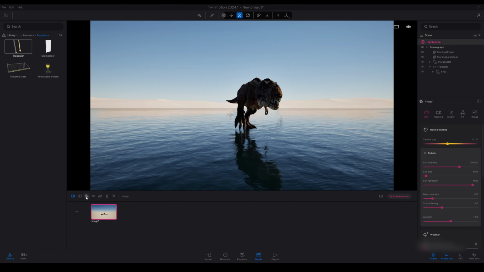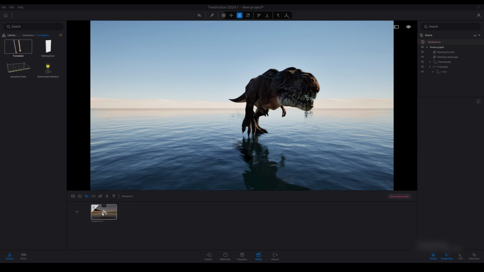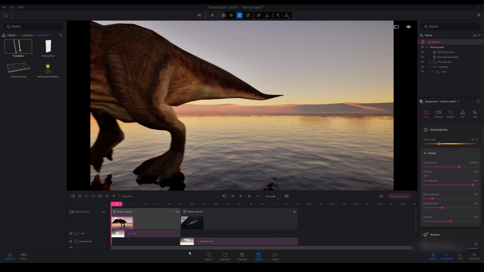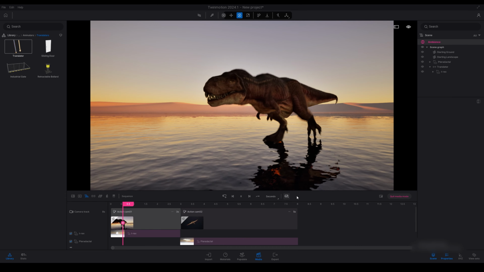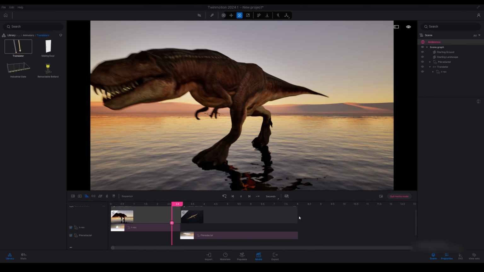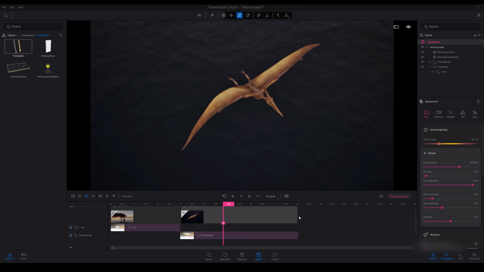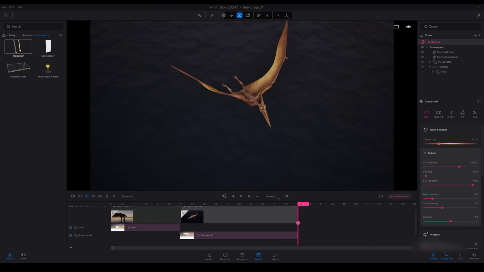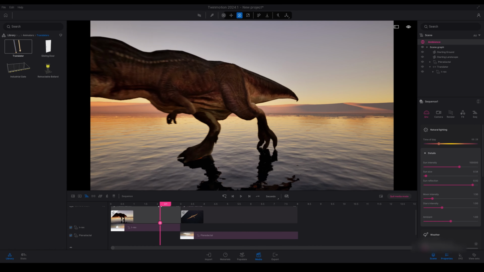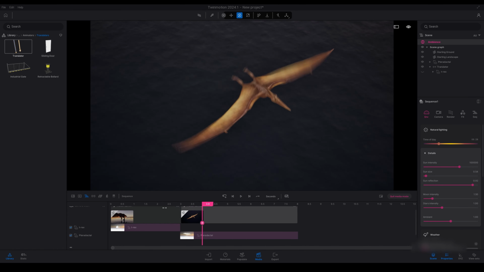So if I select the sequencer, select my sequence. So I've got my cameras set up here. I've got my action camera 01 and 02. In each of these camera sequences I have an animation as well. So you can set it up in chronological order to play the cameras mixed with the animations.